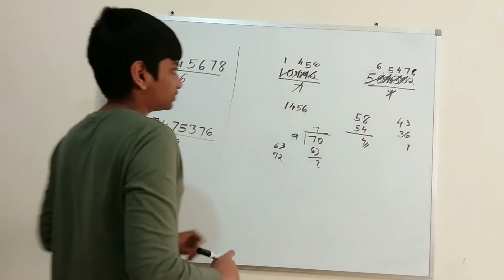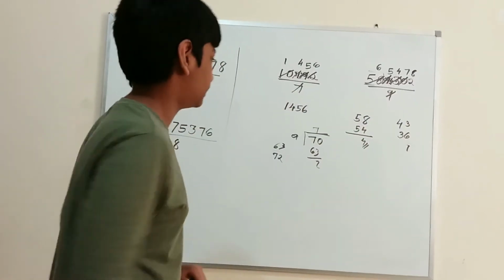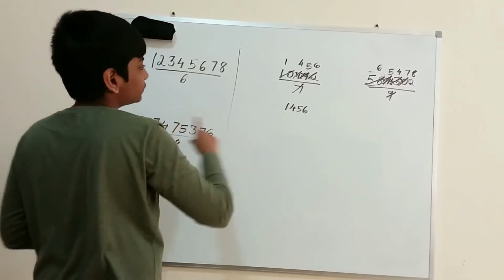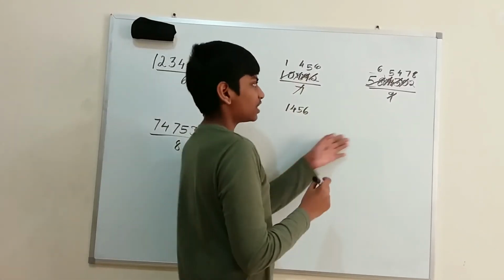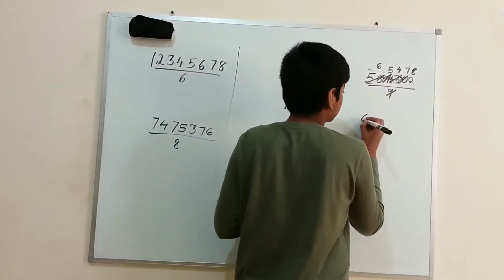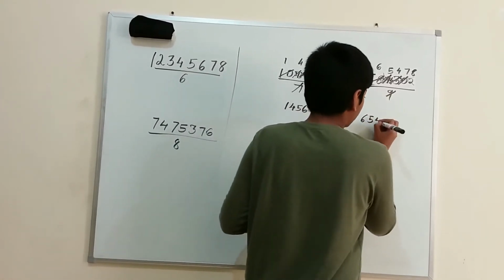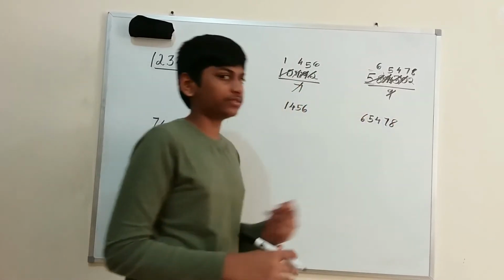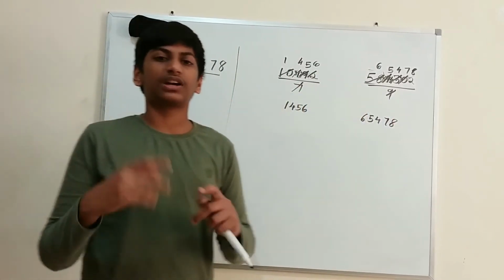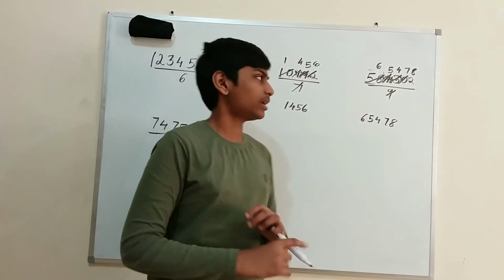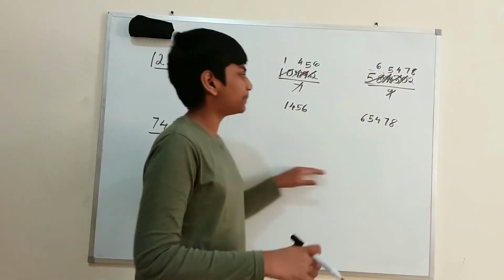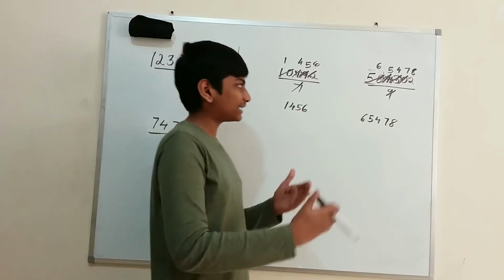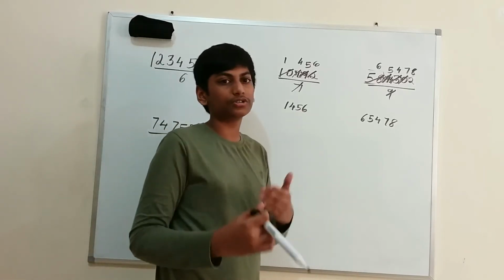So we have a big mess over here, right? So let's rub them. So the answer for the first one is 1456. For the second one, we'll get 65478. For the first 2 times, we will make mistakes and we will get stuck. But after you keep on solving using this method, you'll get a lot of practice, so you'll be more used to it.